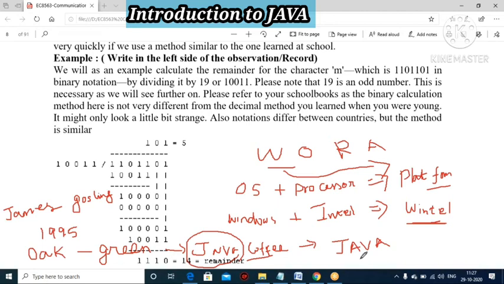Daily they create projects and work with this environment. If we have any doubt, we can go to the forum, and there are so many persons readily available to clarify your doubt, right?